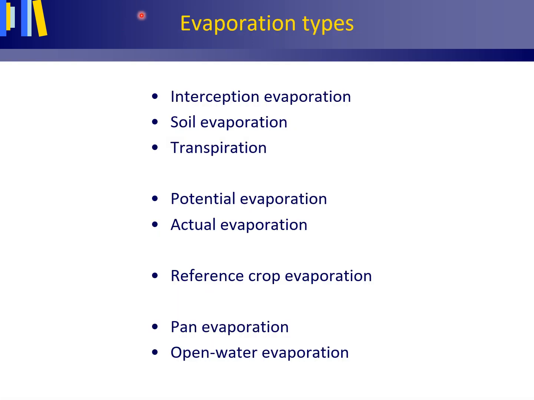There are 3 key types of evaporation. Precipitation that is intercepted by vegetation may evaporate back into the atmosphere: interception evaporation. Water evaporates from a wet soil surface: soil evaporation. Or water evaporates through plant stomata, thus from within the plant: transpiration. On a global scale, about 57% of all precipitation on land evaporates.